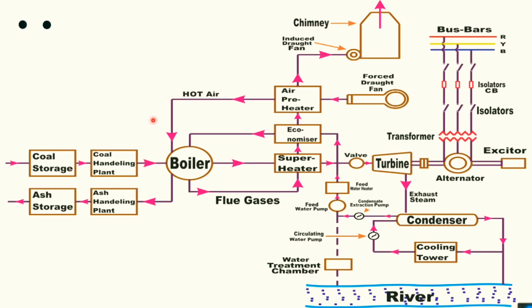So what is the input of the power plant? First of all, the working fuel for the power plant is coal. When a carriage comes from the wagons, for example from railways or any trucks, the coal is first stored in some storage systems. Then comes coal handling. The coal that is stored is not directly used. It may be impure or moist, so we need to heat it a bit, or basically pulverize it. Pulverization is nothing but breaking the big blocks of coal into small pieces so that it can be burnt very easily.